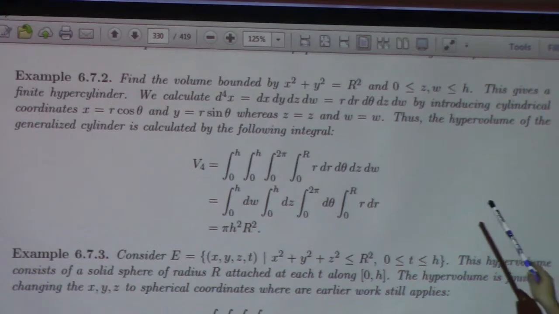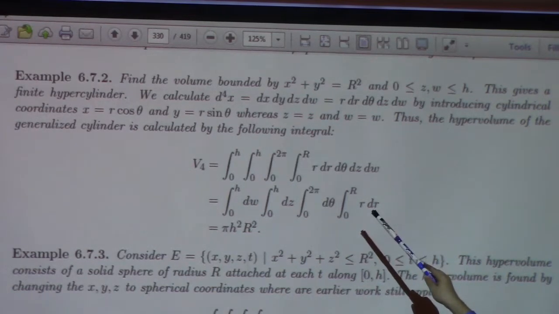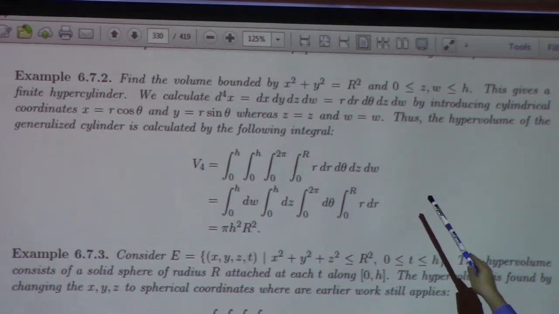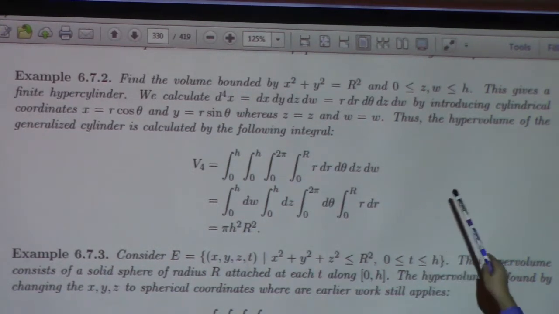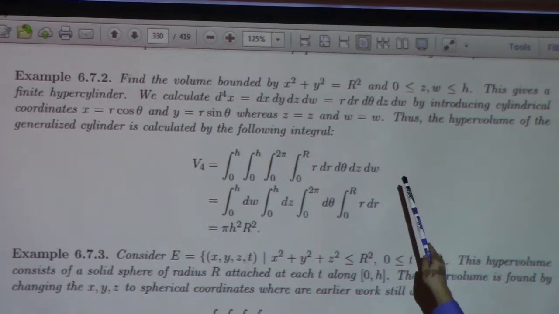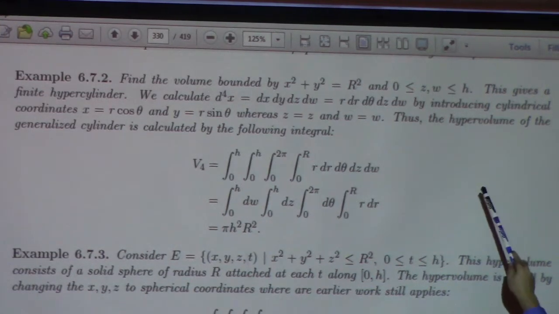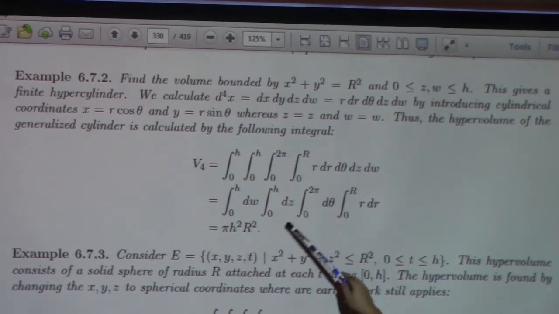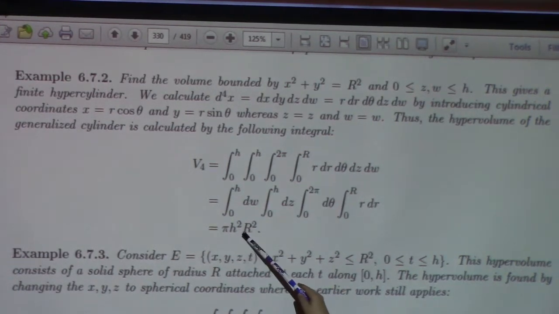So it's pretty cool. I just calculate the 4-dimensional volume, changing to cylindrical coordinates with 2 z's, so to speak. z and w are both like z. So I have to integrate r dr d theta dz dw over the appropriate range, which would be 0 to h, 0 to h, 0 to 2 pi, and 0 to r. And out pops pi r squared times h squared. It's pretty cool. I'm kind of happy with it. I can't visualize it, but there you go. There's the volume of